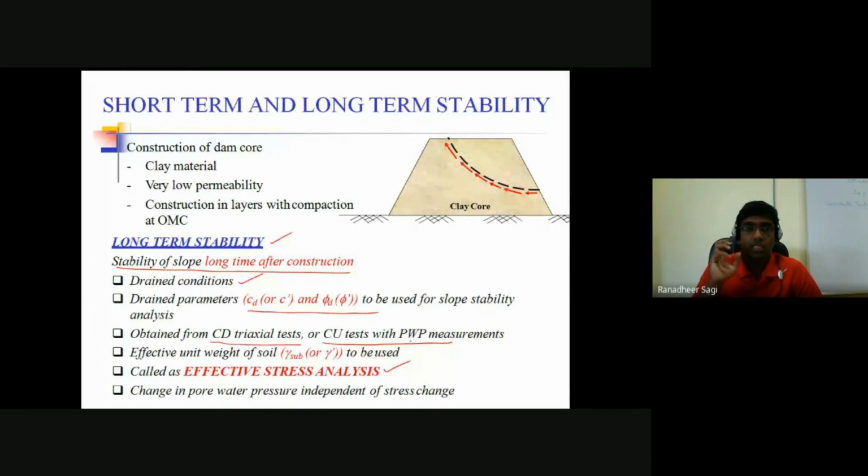I should understand that. When I am designing a slope, it has to be designed in a way that it is safe in the short-term period as well as in the long-term period. Long-term period means any structure that you design will have a specified design period, and until that design period your structure has to be safe. That is what you understand from short-term stability analysis and long-term stability analysis of the slope.